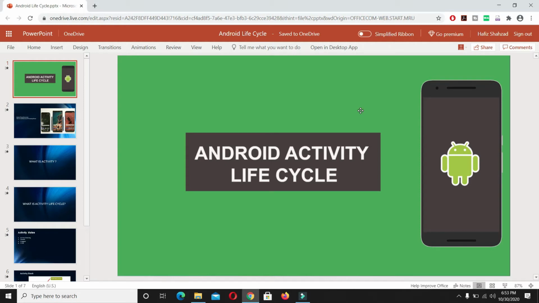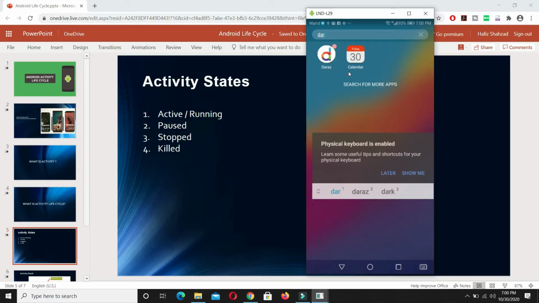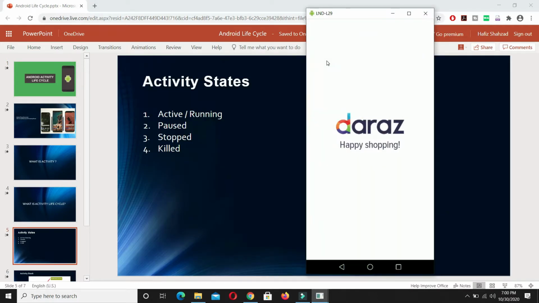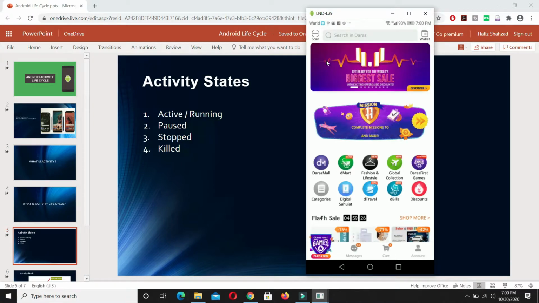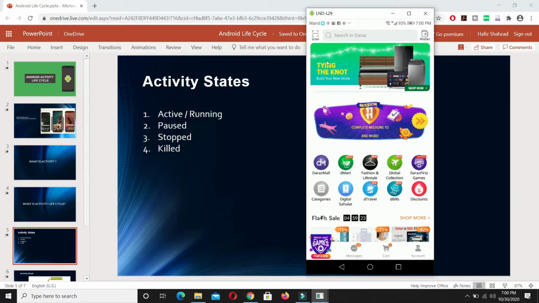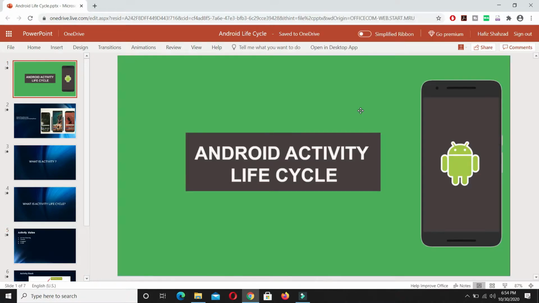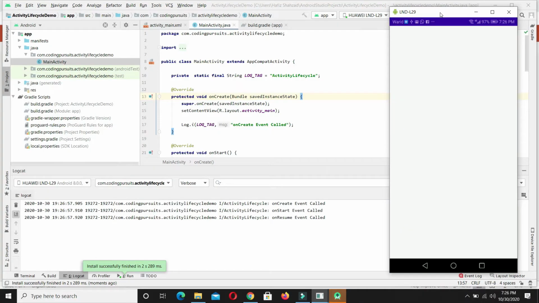In this video we are going to learn about the Android activity life cycle. In the first part of the video we will cover some theoretical concepts which are very easy to understand and easy to digest, but will provide a strong foundation in understanding the Android application anatomy. In the last part of this video we will demonstrate the life cycle with the help of a practical example of an application and with a little bit of coding with a simple sample app.